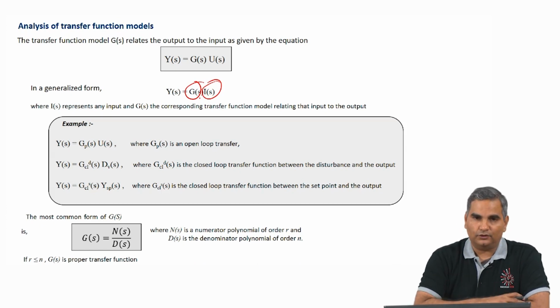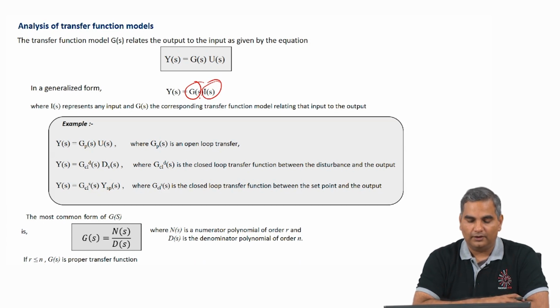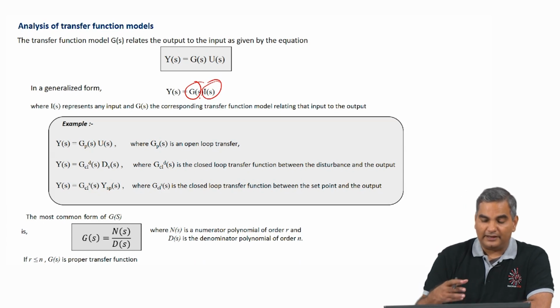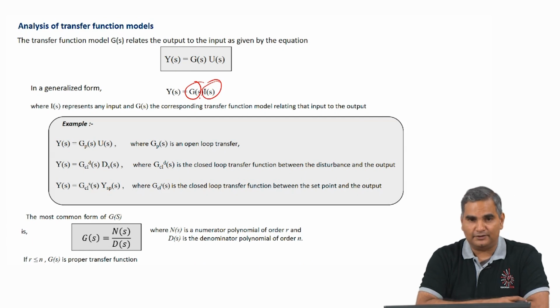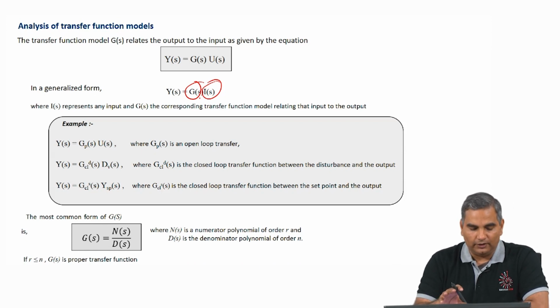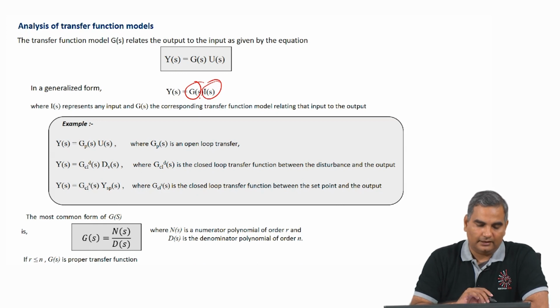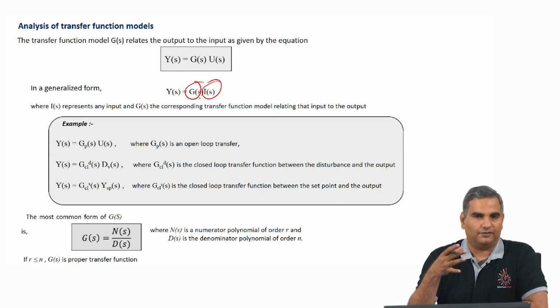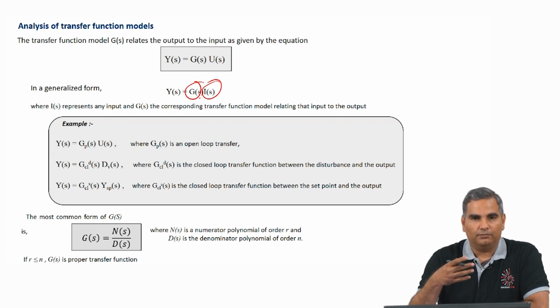If I(s) is U(s), then we are asking about what is the effect of the input on the output. If I(s) is something else, which we will see later, then we have something called the closed loop transfer function, which we will talk about later. But I wanted to introduce this notion that the output is basically a product of a transfer function and some input, and if there are multiple inputs that affect the output, then because of linear superposition we can simply add